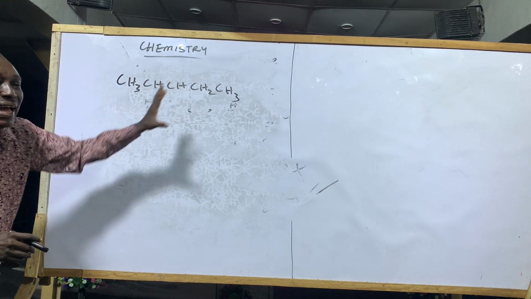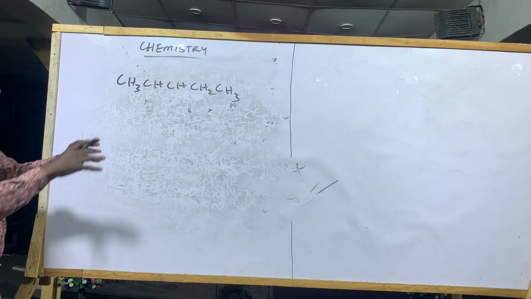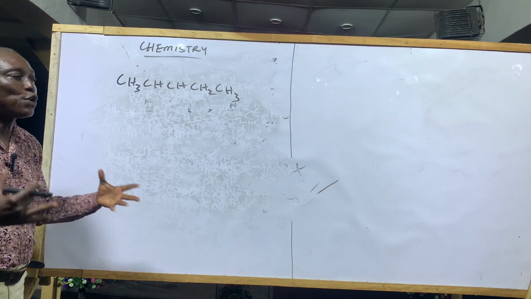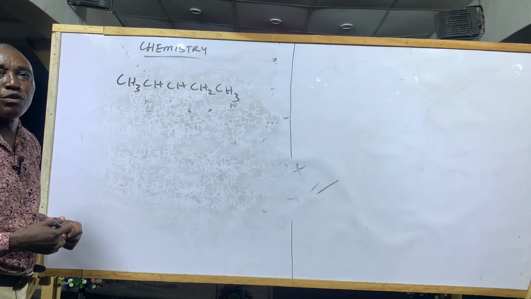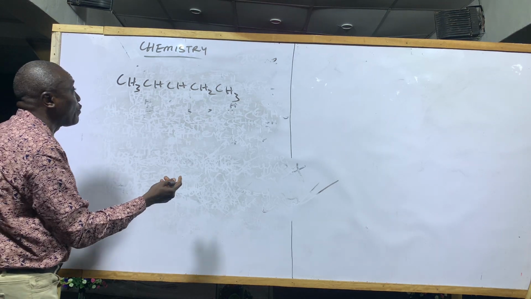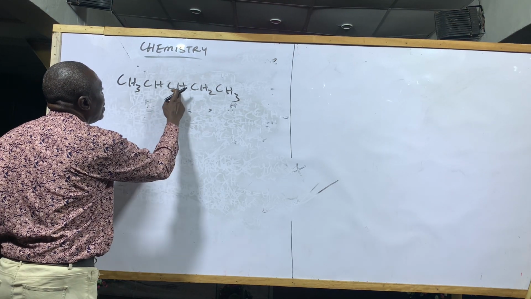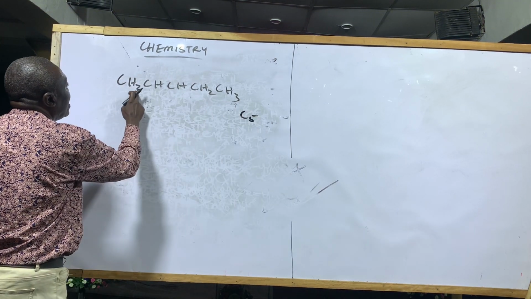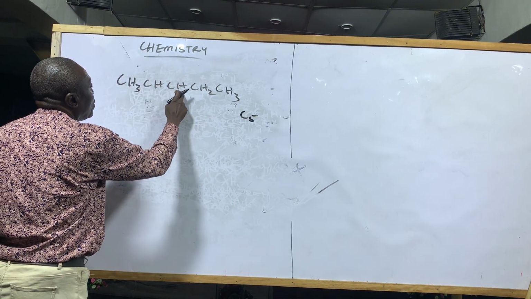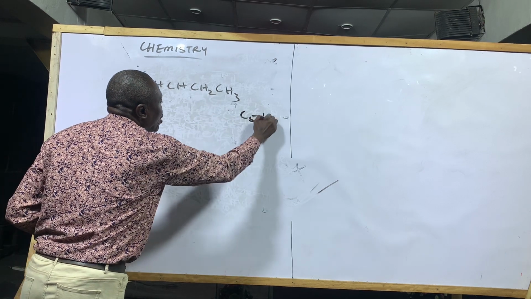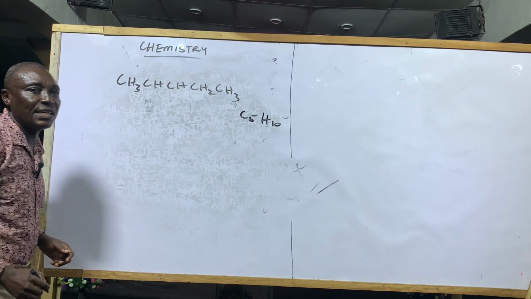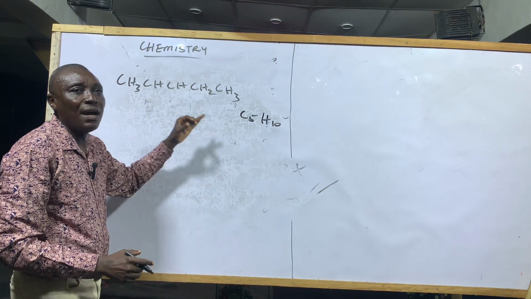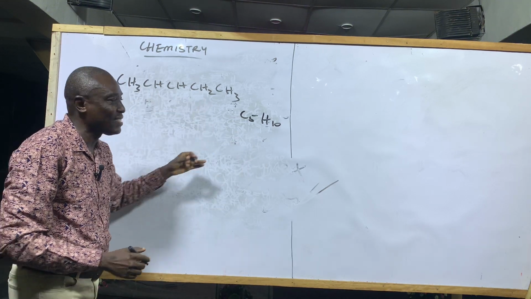Don't name the compound like that. First of all, draw out the structure. As a matter of fact, you can first of all write the molecular formula of the compound. Like now, if we write the molecular formula of the compound, this is 1, 2, 3, 4, 5 carbons. 3 plus 1 is 4, 5 plus 2 is 7, plus 3 is 10. So H10. This is C5H10. And you know that this one conforms with the general formula of alkenes,